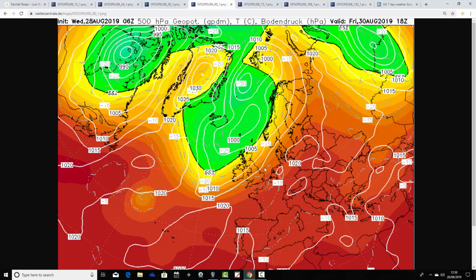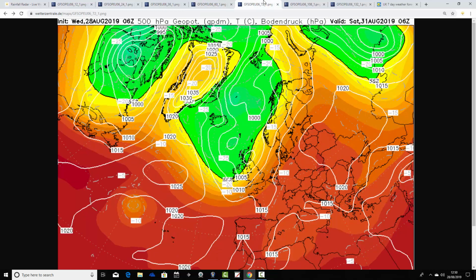We'll feel quite autumnal under those persistent outbreaks of rain, though, further north, especially as they pep up and get heavier through the afternoon. And then that develops into quite a significant area of low pressure, that waving front, as we go through Friday night. Isobars are becoming quite tightly packed, so it will turn wet and windy across central parts of the country from